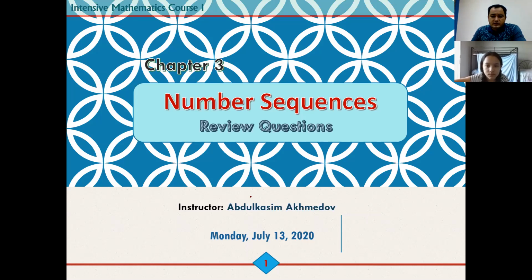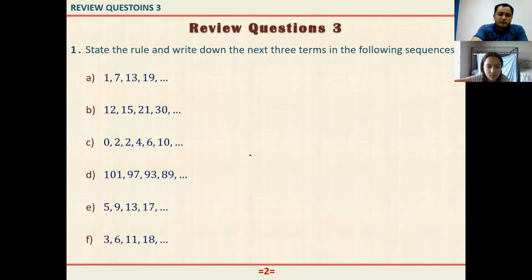Okay, so number sequence. Last time we talked about number sequence. What is a number sequence? We know that each number in the sequence is called a term, right? We did a few examples about finding the pattern, and also one example about how to write a general term of a sequence, right? Now we will do a few more questions about number sequence from the review questions. That much is enough for number sequence for now. Later we will see, maybe we can learn more complicated questions, but for us, that much